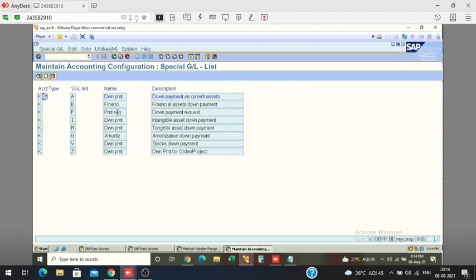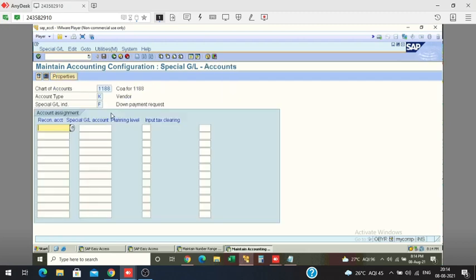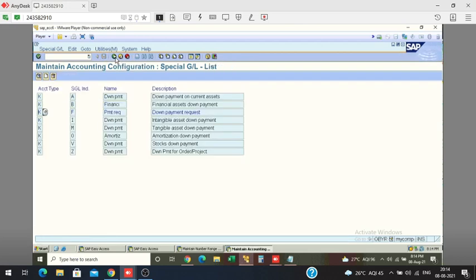Down payment request. What is down payment request? I'll show you. Let me do the configuration first. Same way, recon account, save. So my configuration is done. Only one T code for the advanced payment configuration.